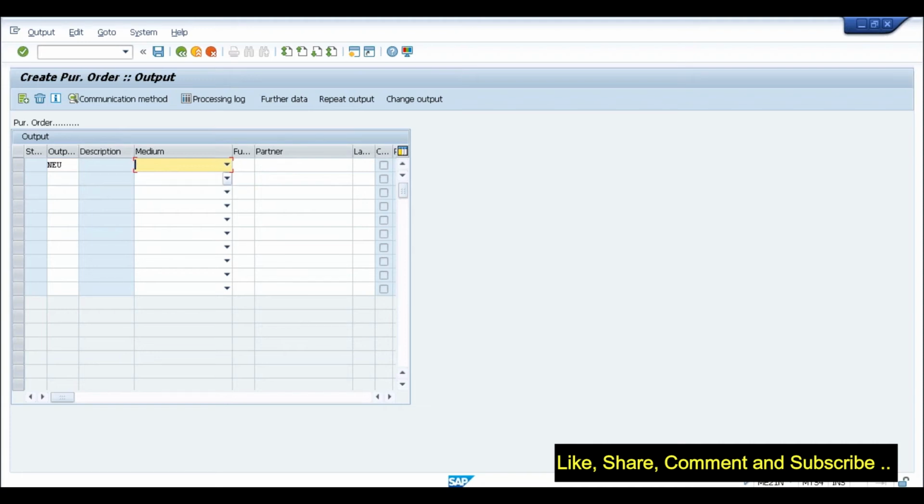I'm determining it manually. If I want it to be determined automatically, normally in ECC, what I was doing, I was going to transaction NACE, and in the condition types in the access sequence, I was mentioning that if this is a purchase organization, this is a vendor, then go with this output type with this output channel. Right, that has been changed now. Instead of NACE, there is a new screen from where you will be configuring this. Any questions till now before I proceed to how the new output determination will work?